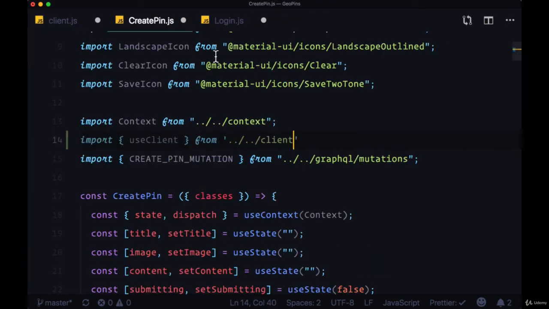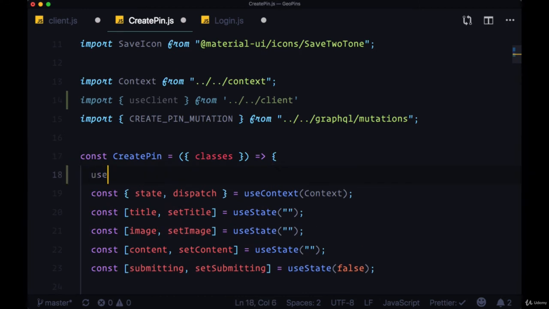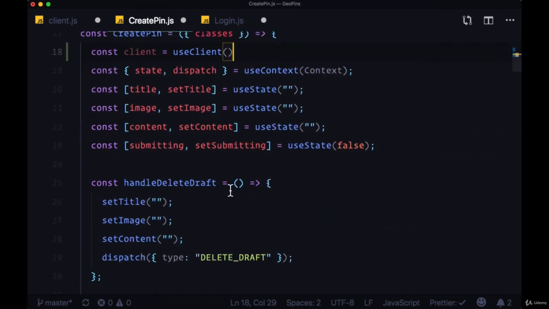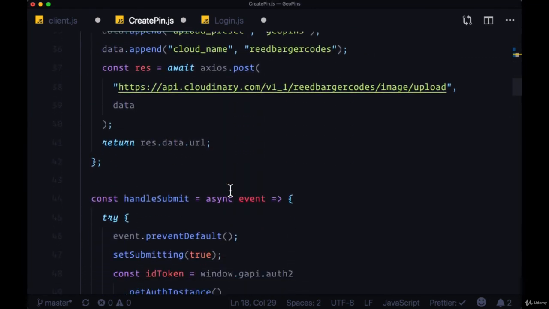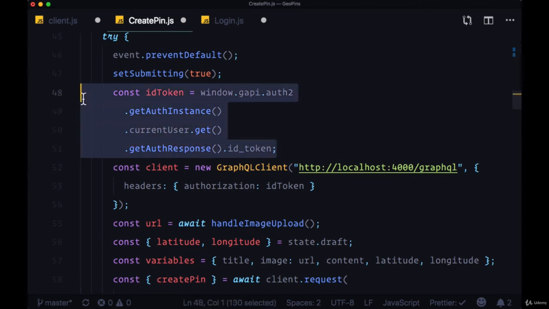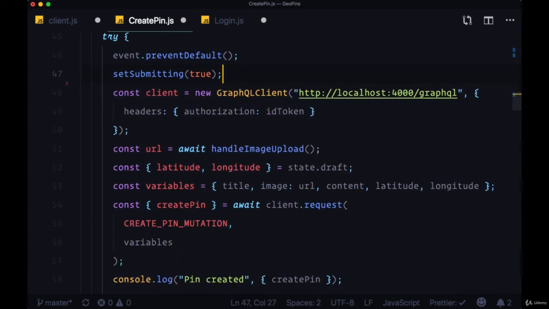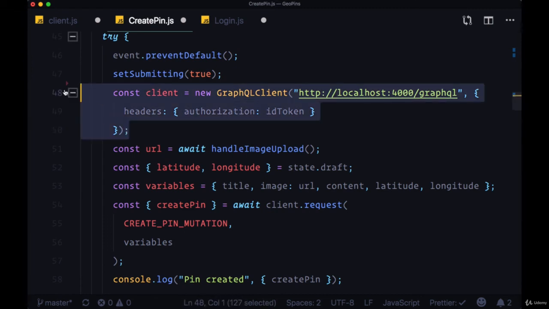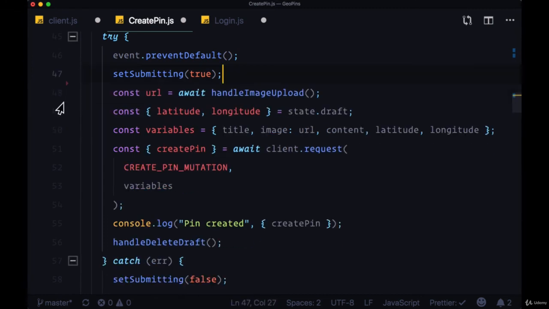Just like we've added every other hook, we need to execute useClient up at the top of our component, and it's going to return to us our instantiated GraphQL client. Then we can head down to handleSubmit where we're using it and remove the ID token variable, remove the client variable, and now we're just hooking into the client,